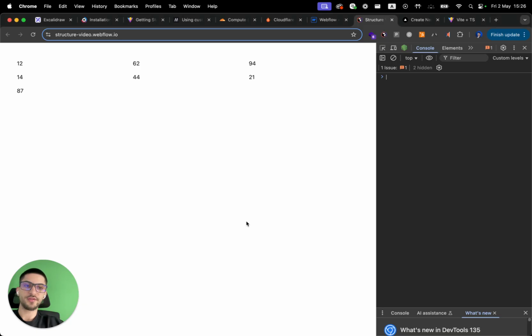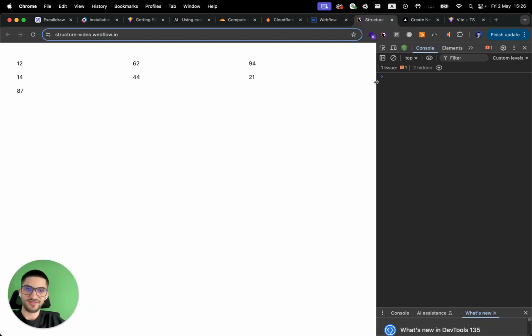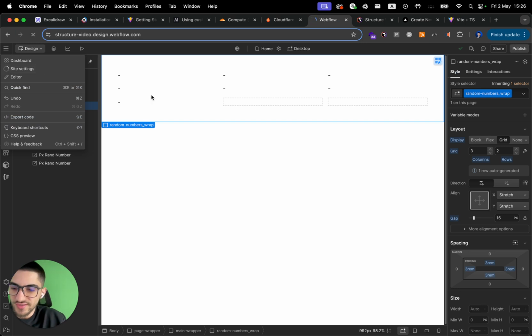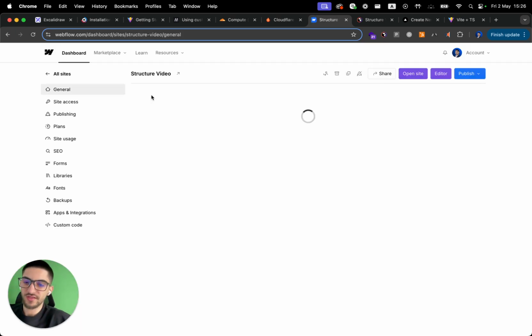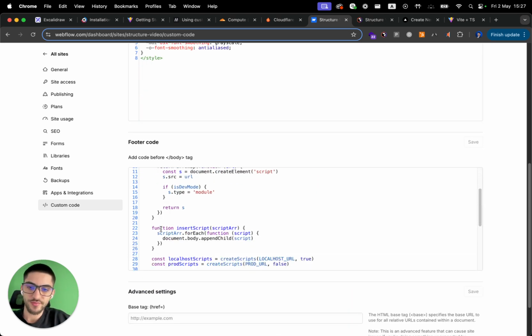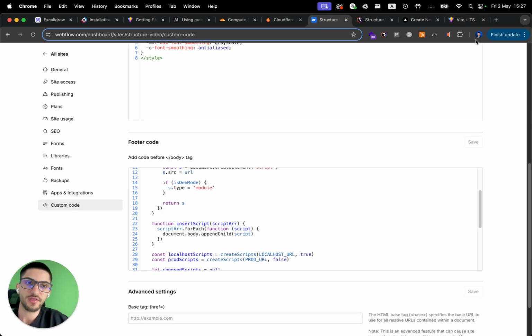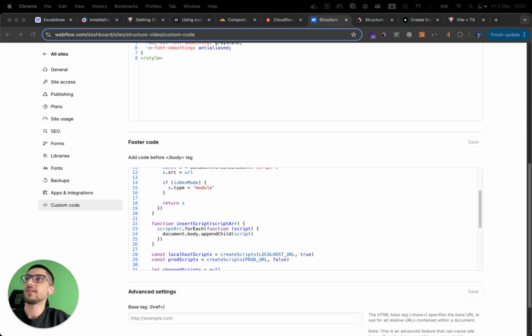Yeah, secret key is secret. Now, I just realized that I haven't showed you what's the magic behind this and how this runs. So if I go into site settings in here and we go to custom code, we see a very important piece of code that I took from a repository called,